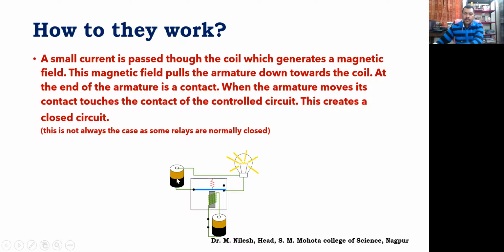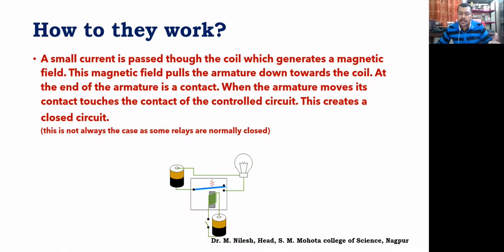If you can understand, this is represented as an AC circuit, right? This is the AC circuit which is connected to the light, and this is a DC circuit. So we are using this for isolation. There is no such connection between these two, right? This is a spring. The red color one is a spring which pulls or drops this switch, right? So this is how the relay works.